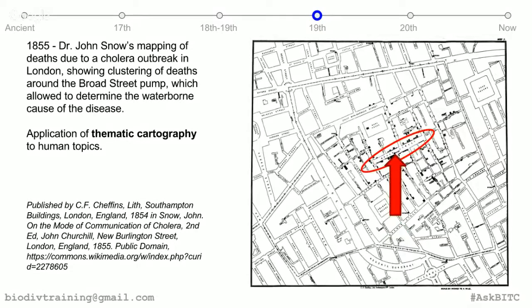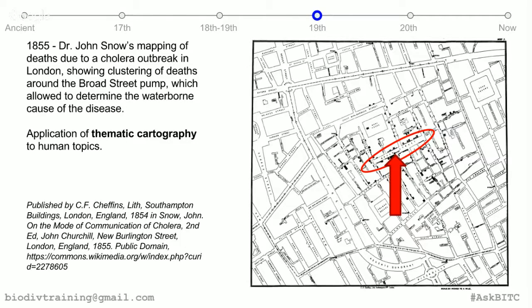In this map, we can clearly see that black boxes are events of cholera, houses infected with cholera, and we can see that they are clustered around water pumps, in particular the pump in Broad Street. This led John Snow to state the fact that cholera was